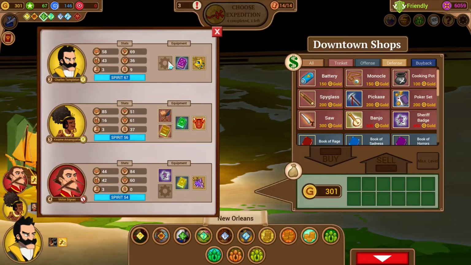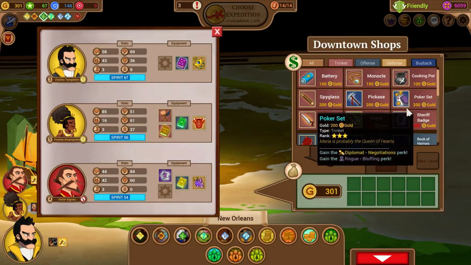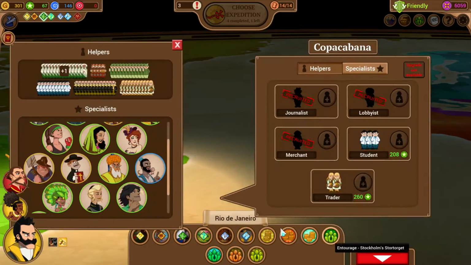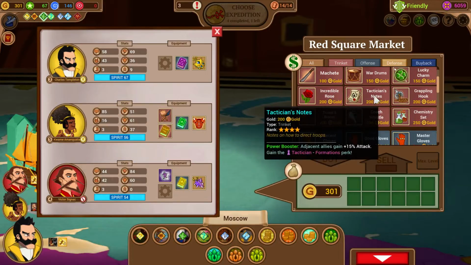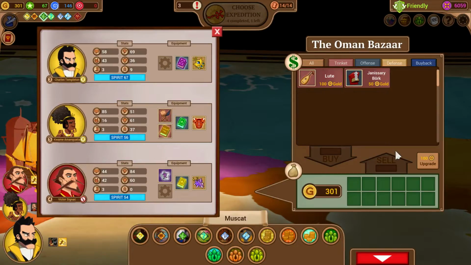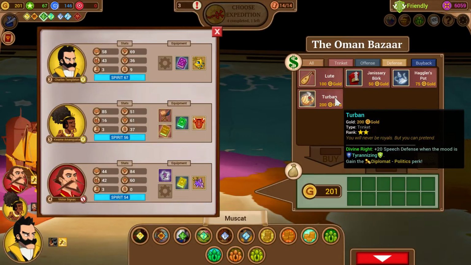So Charles still only has 1 trinket slot. Can we buy him a point of survivalist that isn't... Unfortunately, we don't have access to... We can't buy the cheapest point of survivalist because it's the perk that he just got. But we could potentially buy him some other point of survivalist. One of these other shops. I don't have a lot of gold to play with. And man. We could get him...